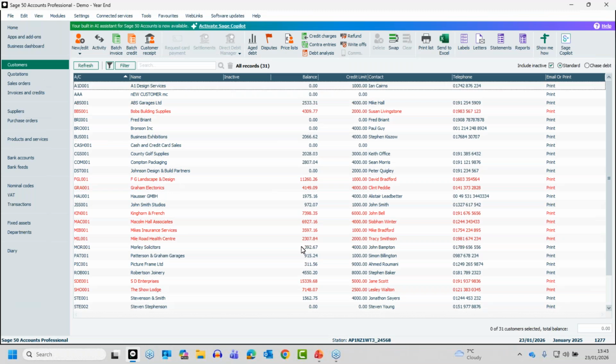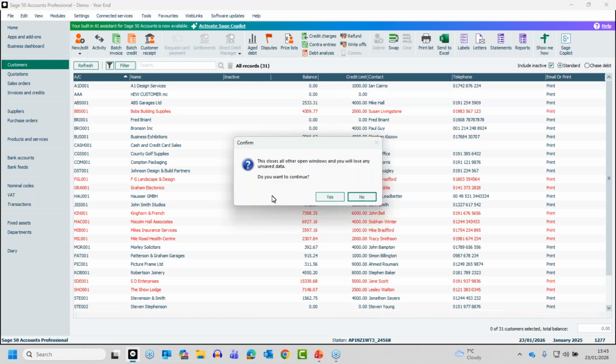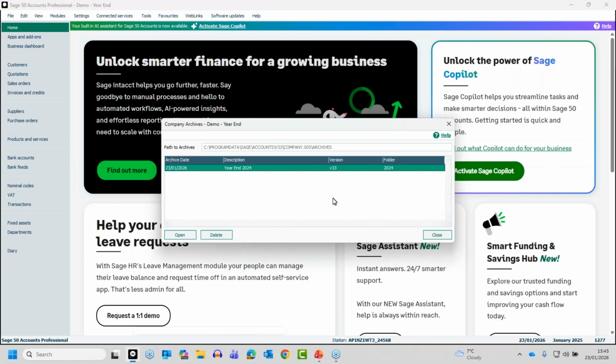Now, if for whatever reason I need to go back and look at the archive, I will go to File, Open, and then we've got an option called Company Archive. I mentioned this one ages ago. The archives have been around a long time. If your company's been using it for that long, so 20 years-ish, then you might have loads of archives when you open this window. I've just got the one. This is the one that was created at the point when I ran that year end about 5 minutes ago or so. If I highlight it and click open,